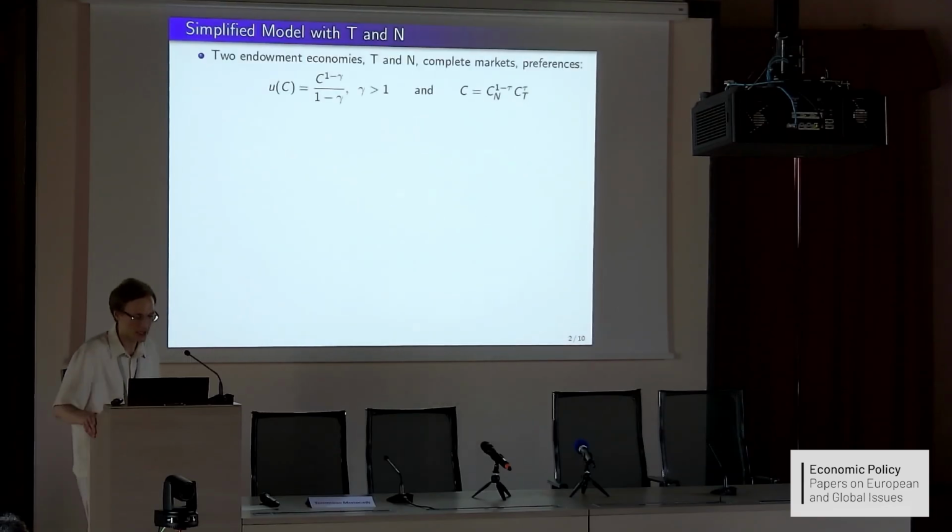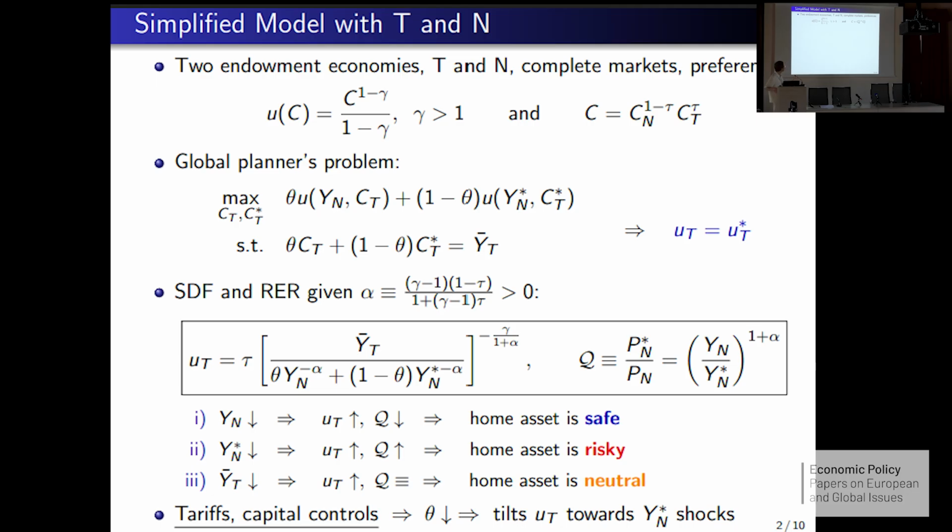Okay, so let me start with the foundation of the whole thing, the fact that size matters. So let me strip down the model and leave just the most basic ingredients. Two economies, it's an endowment economy, no endogenous production. There is exogenous supply of tradable and non-tradable goods across states. Markets are complete. I will talk about implementation with particular portfolios later on, but for now, markets are complete.